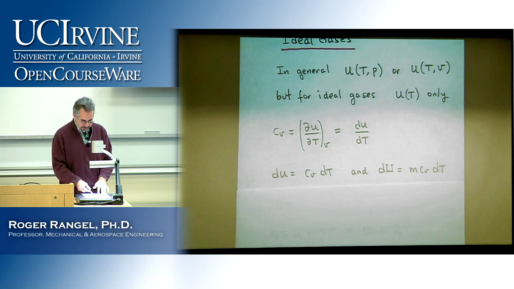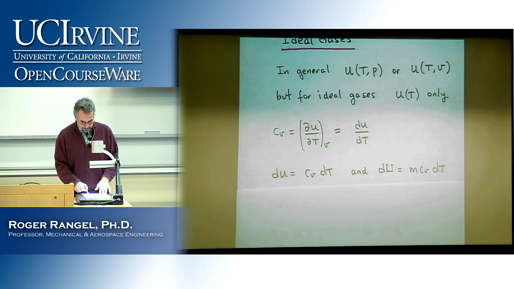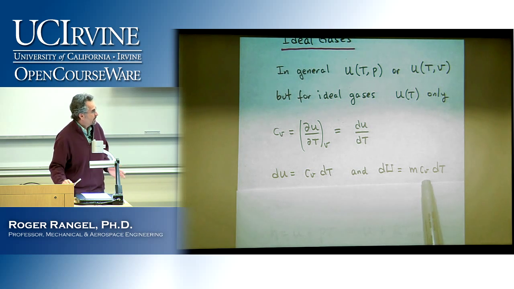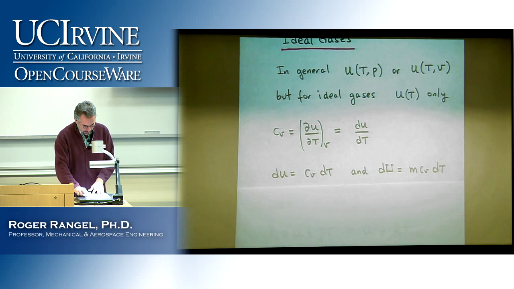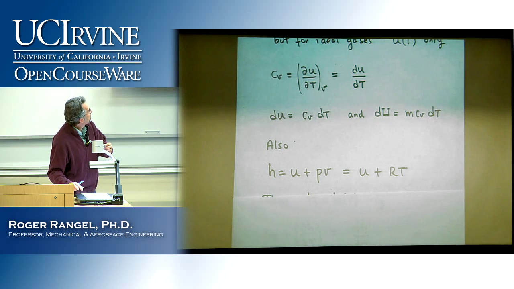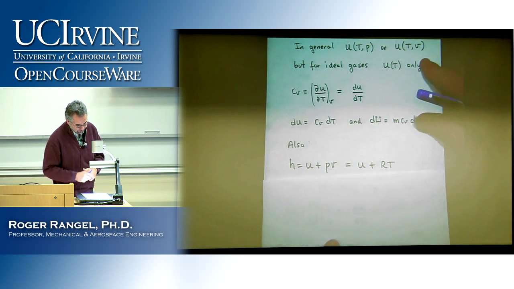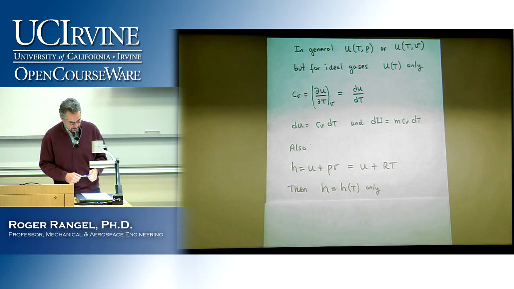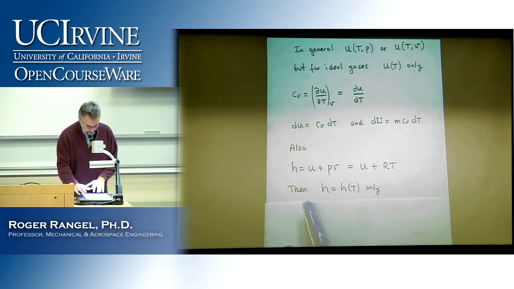It allows me to find the change in internal energy of an ideal gas by simply knowing the temperature variation, the specific heat, and of course the mass. So it simplifies my calculation quite a bit. The same thing for enthalpy. So the rest of this page just repeats this for enthalpy. So if I do it for enthalpy,